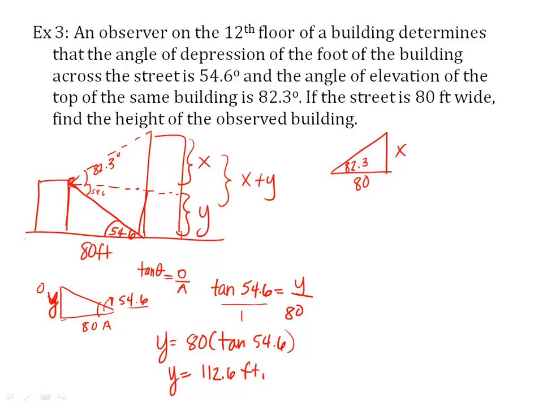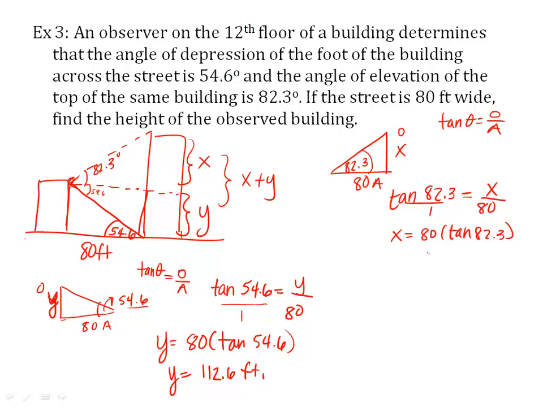Now look at this. Relative to this angle, this is the opposite and this is the adjacent. So thankfully it's still tangent of theta that I'm using, opposite over adjacent. So put my theta in there. The tangent of 82.3 equals, opposite is my X over adjacent, which is 80. Cross multiply, X is going to equal 80 times the tangent of 82.3. Type that in my calculator, and I'm going to find out that it's